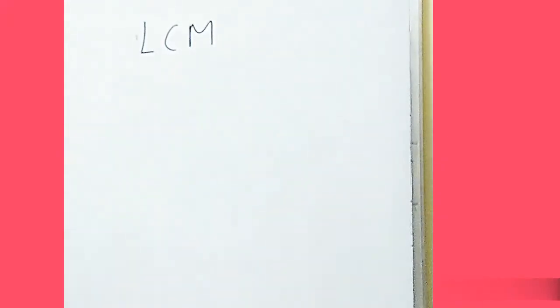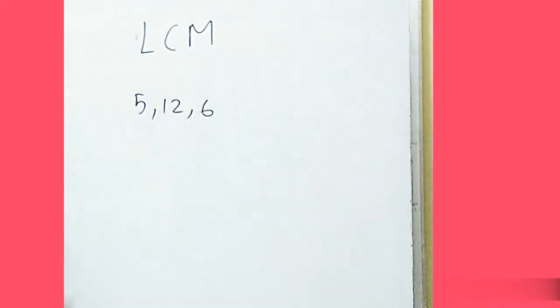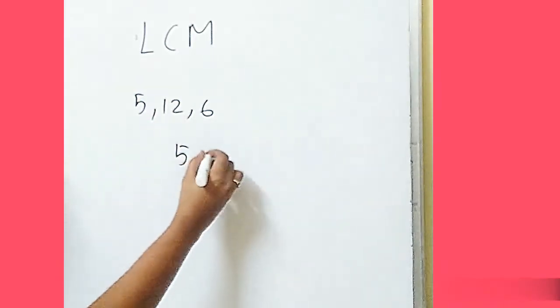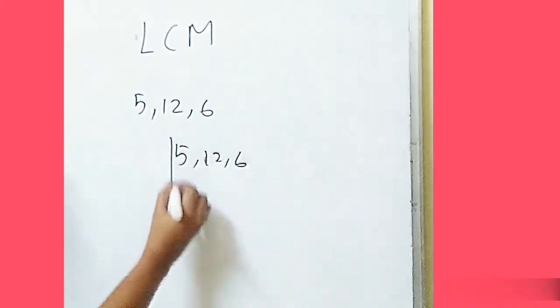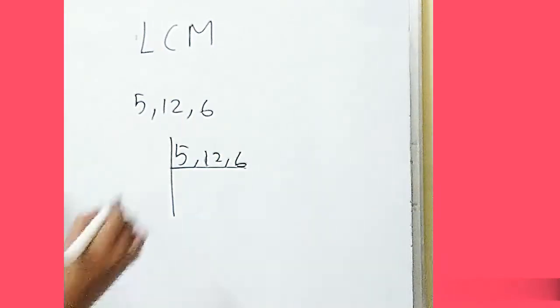I am taking a set of 5, 12, 6. It can be any number of numbers in a set. It can be 3 numbers, it can be 4 numbers. It depends. I am taking 3 numbers. We'll see what it will be. Now see, you have to start with the smallest number. You are not going to proceed with a big number. Now 12 and 6 are there. Now 12 and 6 come in some table. What table will it be? It will be the 2 table.